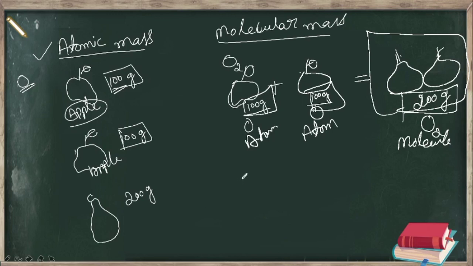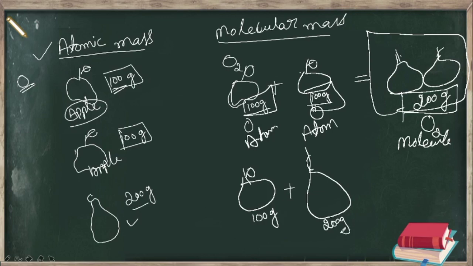Yeah, now I will take one apple. How much gram? Say it is 100 gram. Plus, now in that bag I will keep this papaya. Now what is the weight of this papaya? You can see here it is 200 gram. Now when you add it, what will you get? That bag now contains one apple and one papaya. Total it is 300 gram.